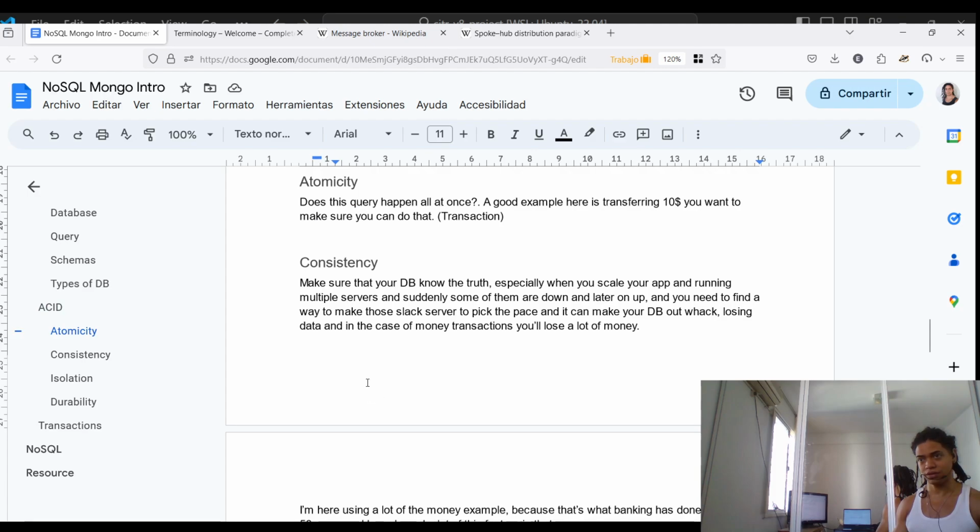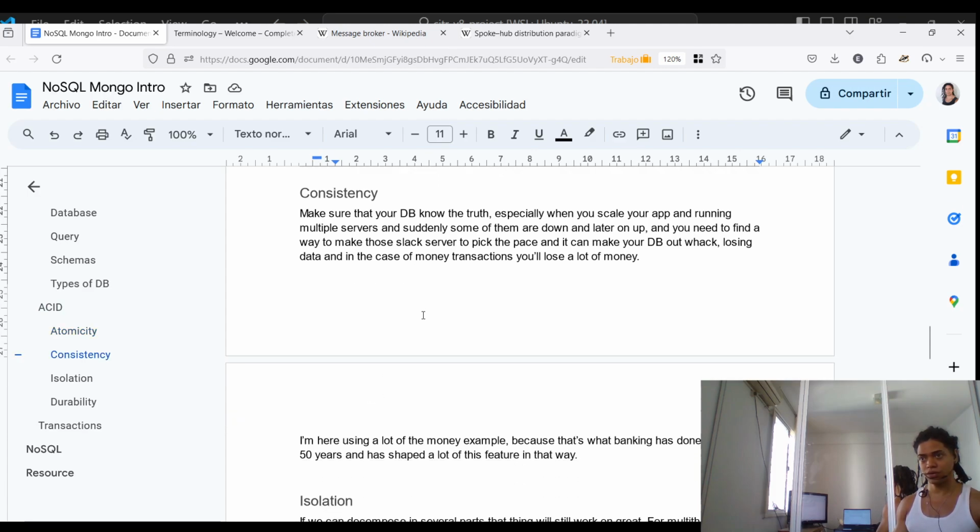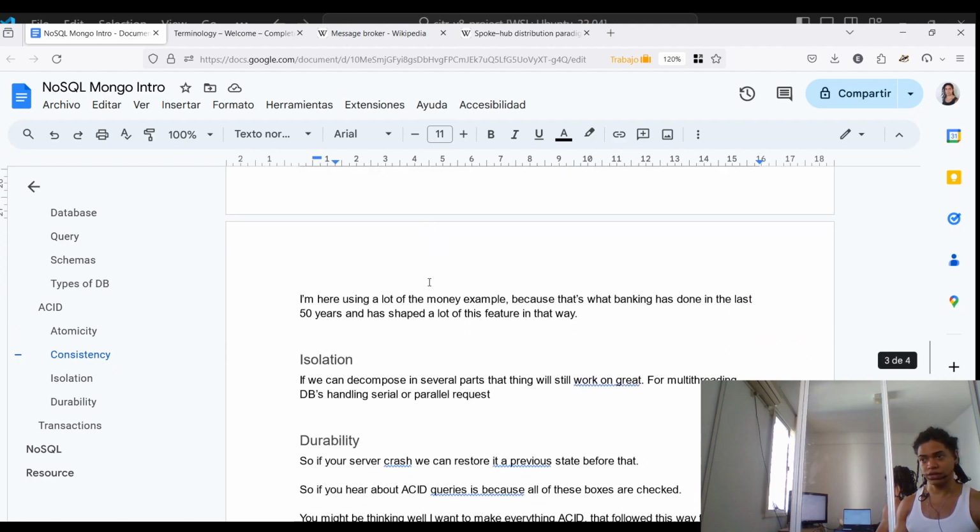Something that he mentioned here: make sure that your database knows the truth, especially when you scale your application to multiple servers and suddenly some of them are down and later on come up, and you need to find a way to make those slack servers pick up the pace. Otherwise it can make your database out of whack, losing data in the case of money transactions. The reason for using a lot of these financial examples is that over the past 50 years, the banking